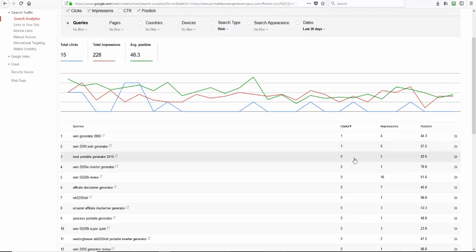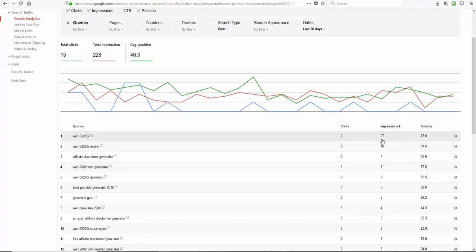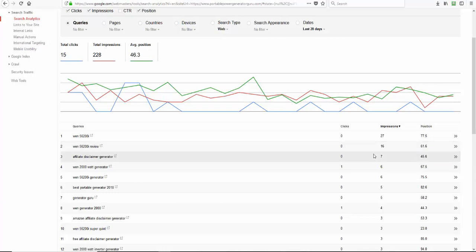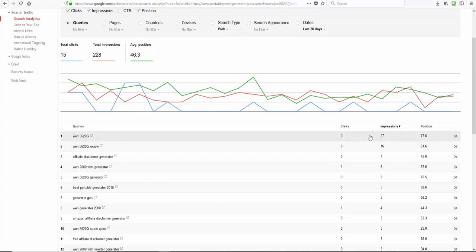So initially, when you're just starting off with your site, you want to make sure that it's getting indexed. You want to make sure that this green line is constant, and you want to make sure that people are starting to see the site. And then as this site develops and I add more content and get up to like 20, 30 pieces of content, I'll be looking at the impressions more in depth, which pages and posts are people seeing, and then I'll be making sure that I get a good click-through rate. Okay, I'll be speaking more about that